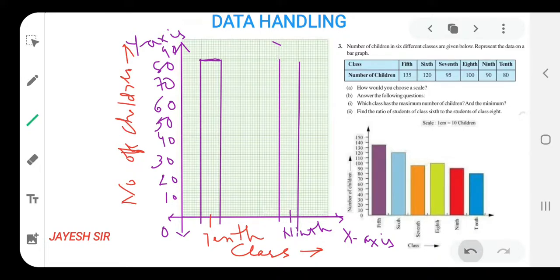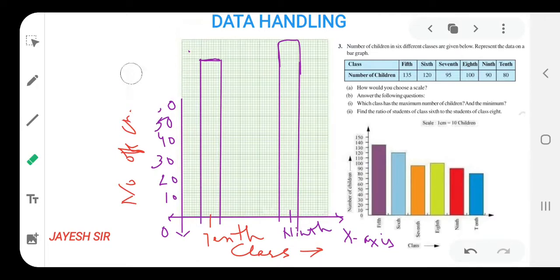No worry, we can draw from pencil also. We can continue from here to here. So for the 9th, 90 students are there. I have drawn like this. I hope you all might be getting it. In this way for each and every class you can draw. So I think that you now are capable of drawing on your own in the graph